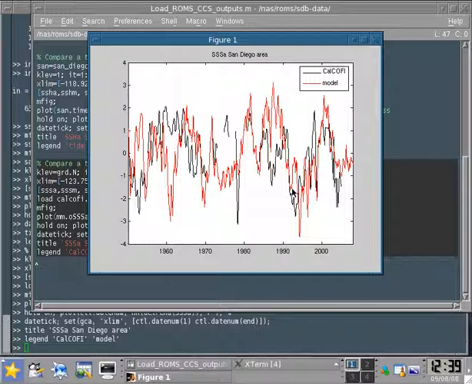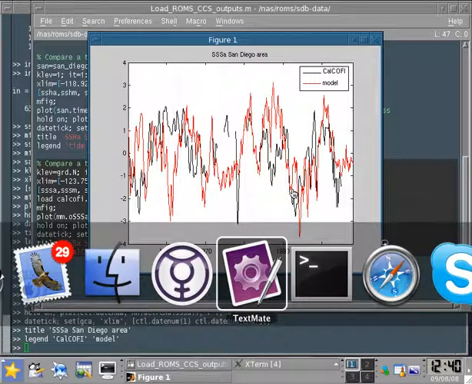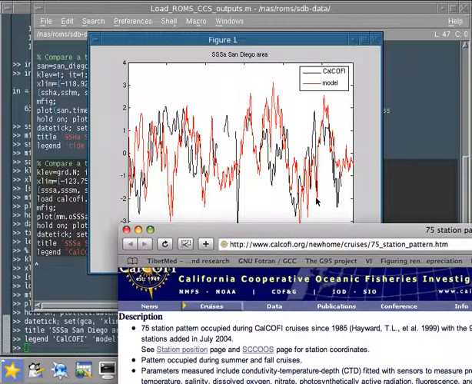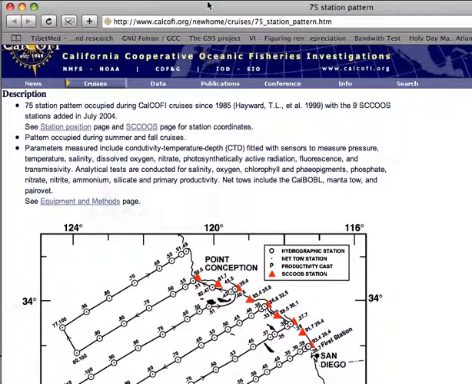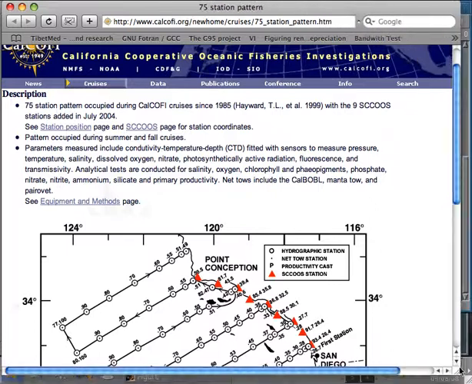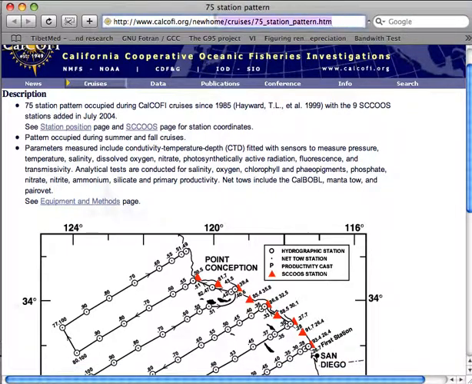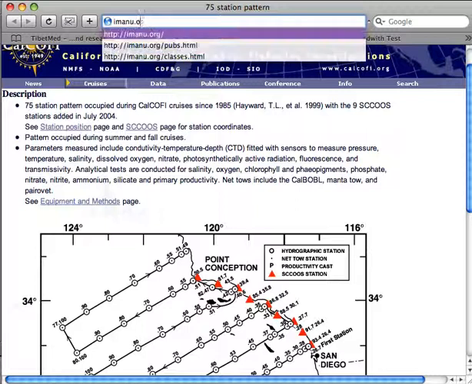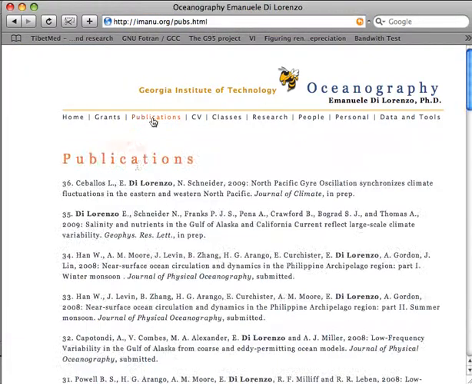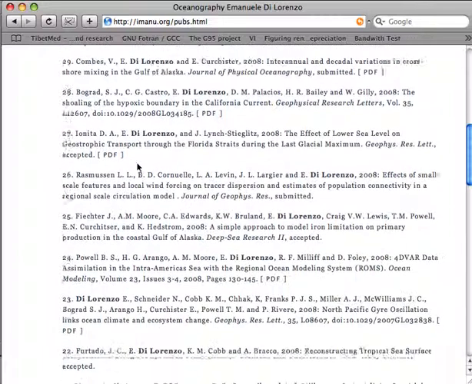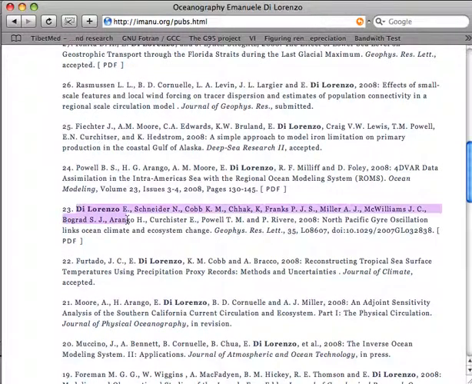But actually, the NEPD run, the one at 20 kilometer, for example, has been used in a study that I published just recently that actually captures salinity very well. I'm just going to show you real quick on the web. Let me just put my web browser here so that you can see it. So I'm going to go to my web page, imanu.org, and there's a study that we published just recently. It's called the North Pacific Gyre Oscillation Links Ocean Climate and Ecosystem Change. And if you look at the PDF, which is now loading,